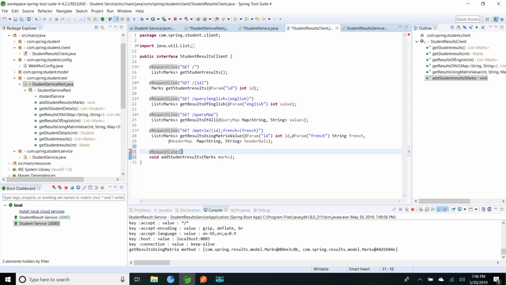It's a post method. And we are going to use the header annotation here to specify it's going to accept application/json. So we are saying content type is